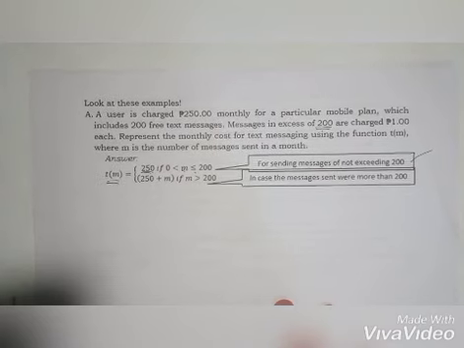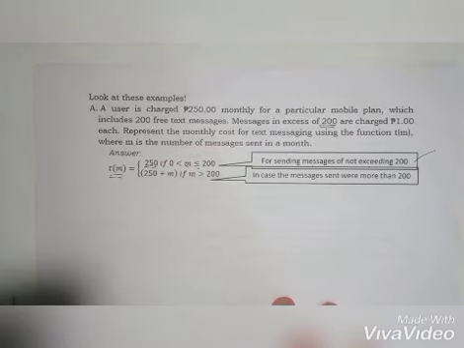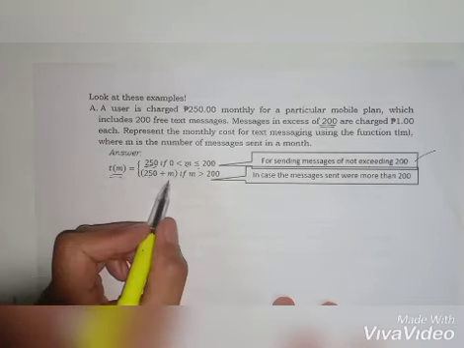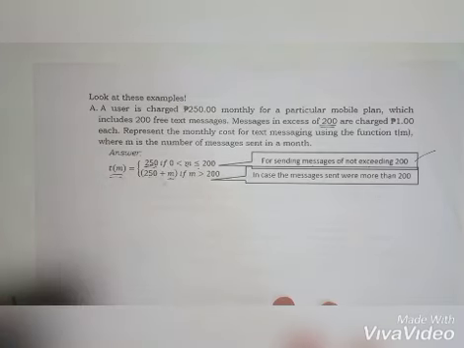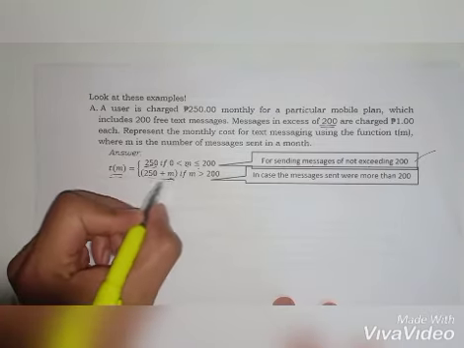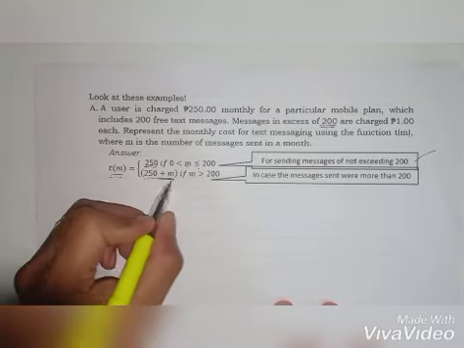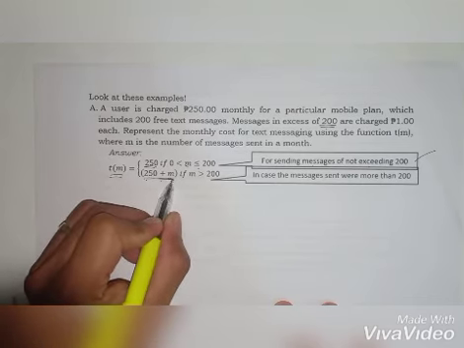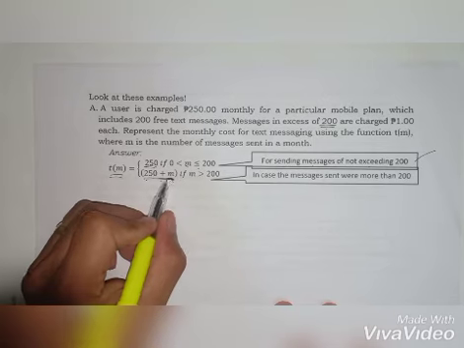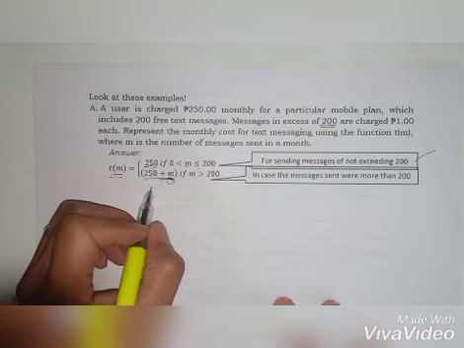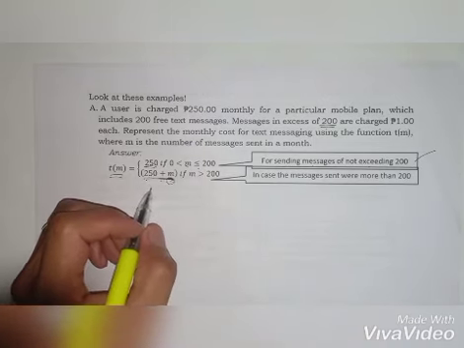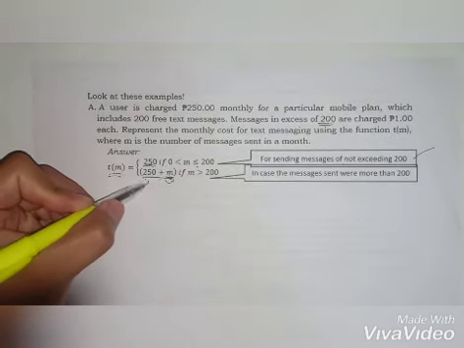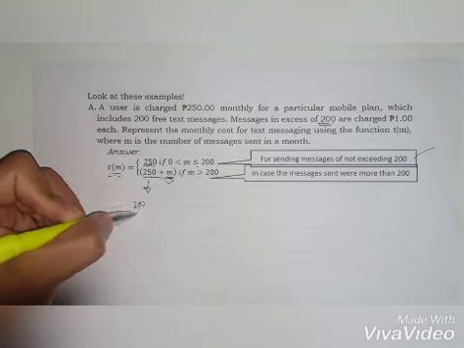But in case the messages sent were more than 200, what will be the function? That is 250 plus M. Why 250 plus M? Because in here, you're going to compute 250 plus M. You have to add the number of text messages you have sent in excess of the 200 free text messages. For in here, this is for 200 text